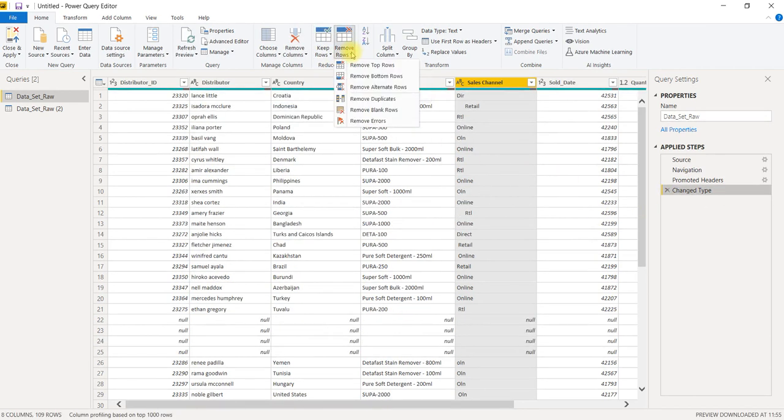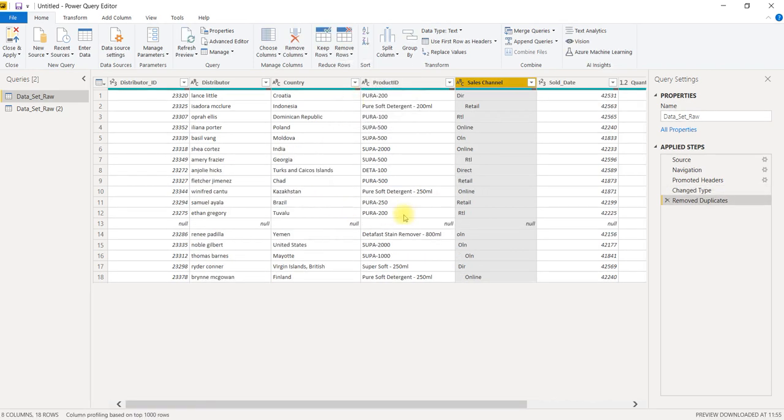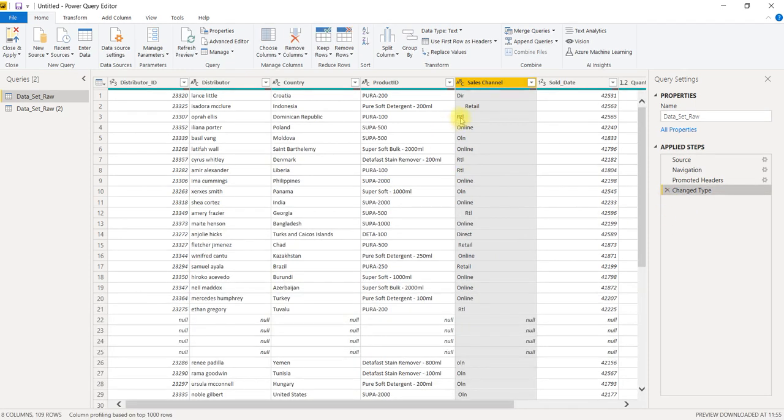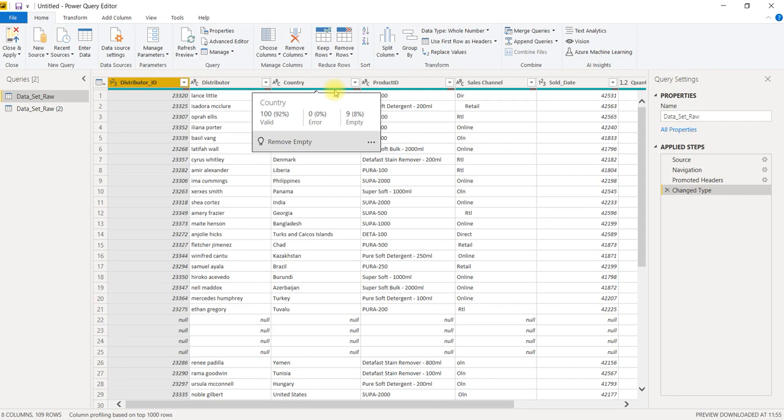Close that one. Again, for example, remove duplicate entries if there are any. If you would like to remove such duplicate entries, select this one, remove duplicates, so that all the duplicate entries in terms of the selected column, if anything is a duplicate, are deleted. Only unique values will be retained. You have to clear the duplicate entries by using a distributor ID, or whichever factor you are considering for a duplicate; you have to select that one.